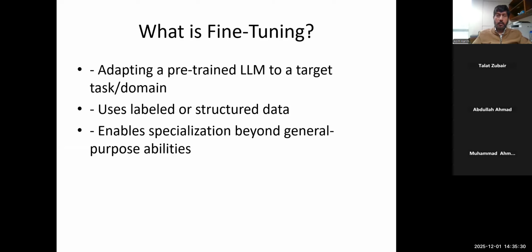So you have a pre-trained model and then you adapt it to your own scenario. It could be a separate task or a separate domain, a niche domain or a niche task that is not well captured in the original large language model. And of course, for this, you do need data. So it's not zero shot here. Always it's going to be few shot. Okay? So you will need examples.